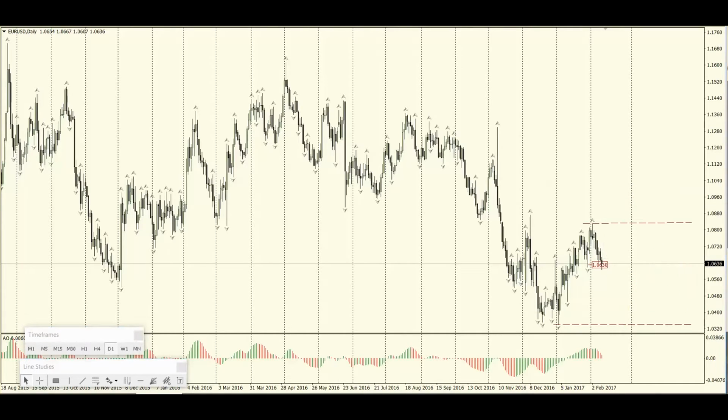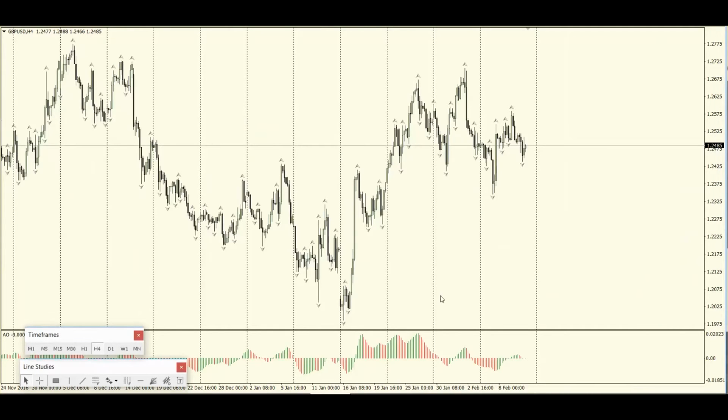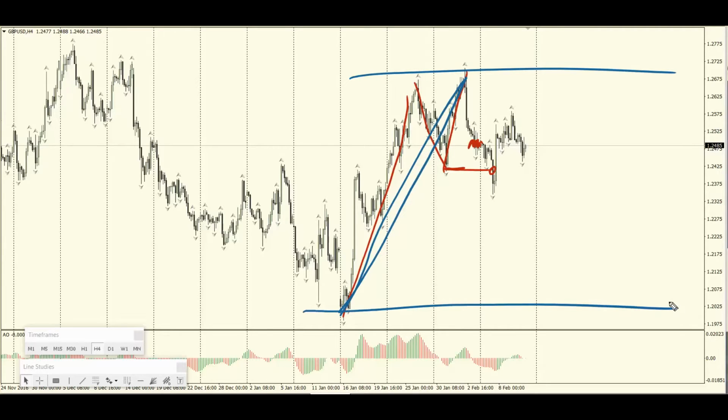Next pair is GBPUSD. If you will watch my last review about this pair, you will realize that my decision to sit and wait was the right decision. The pivot that was protecting the whole cycle that I was mentioning last time is now broken, and I think we were somewhere here when I was talking about it. And now the whole wave, this one, is finished, and we have here also reference points for the